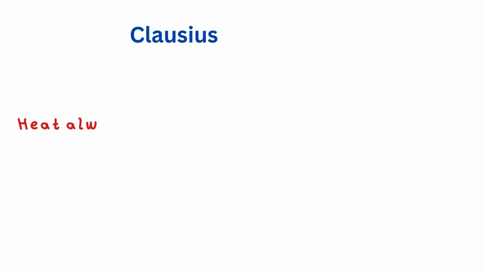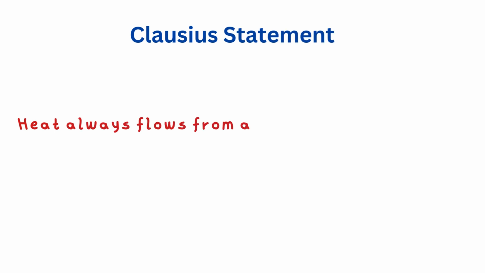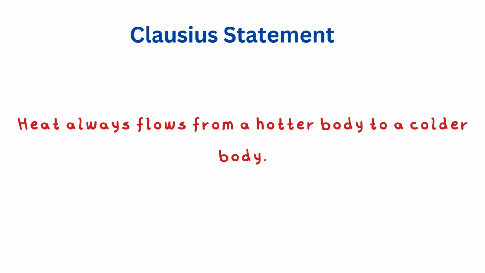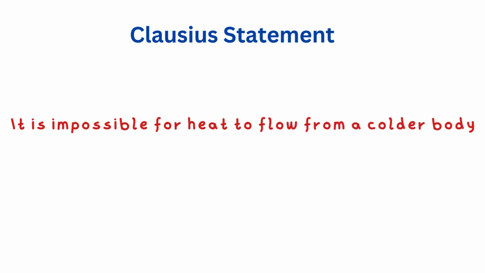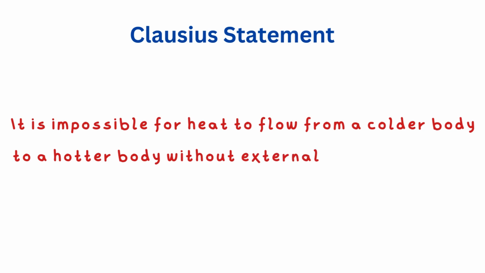The next one is the Clausius statement. The Clausius statement tells that heat always flows from a hotter body to a colder body. In simple terms, you can say that. Or if you want to make it a bit more complicated, and for the exam you have to write it, you can say that it is impossible for heat to flow from a colder body to a hotter body without